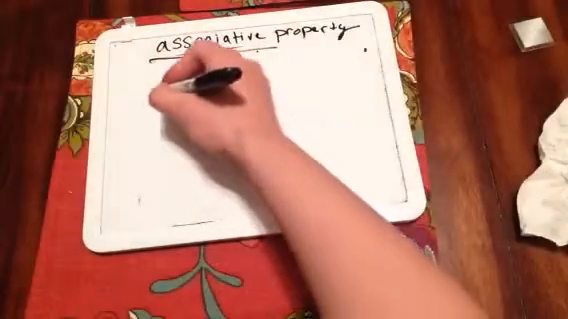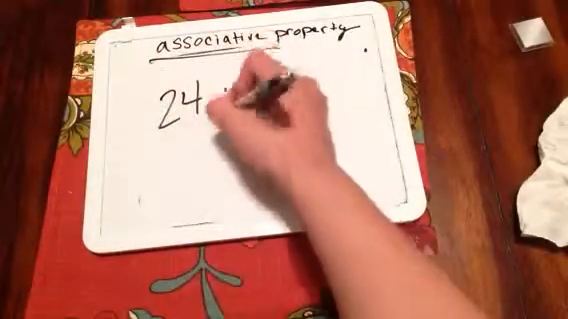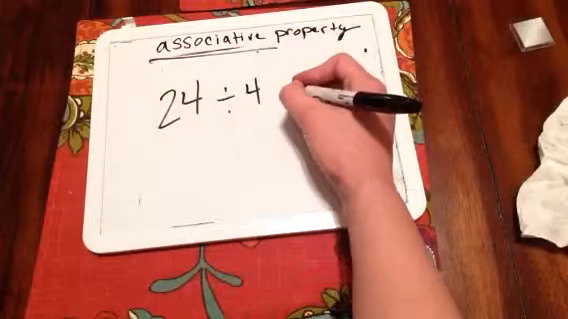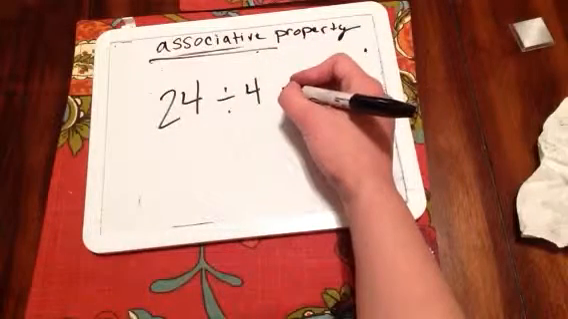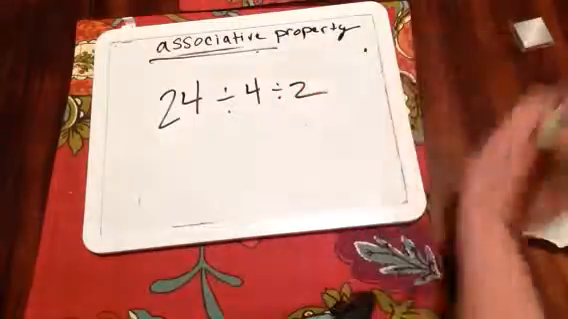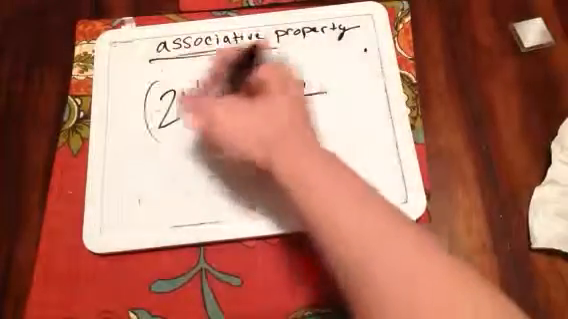So you can't do this for division though. For example, 24 divided by 4 divided by 2. Let's say those are the 3 numbers, right? Well, if you do that,